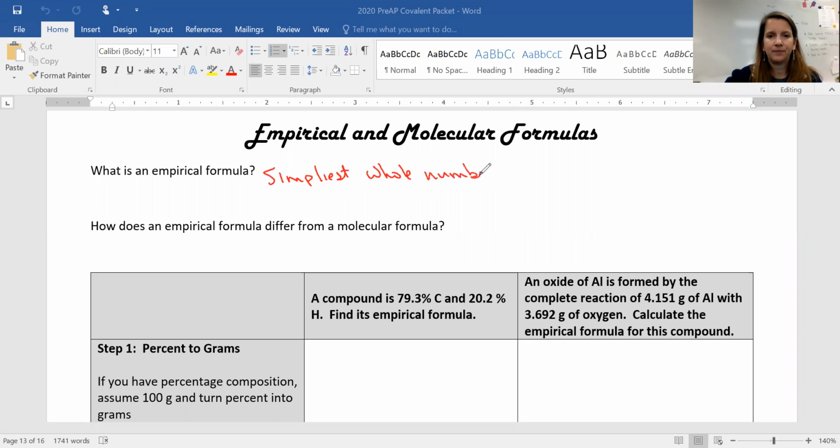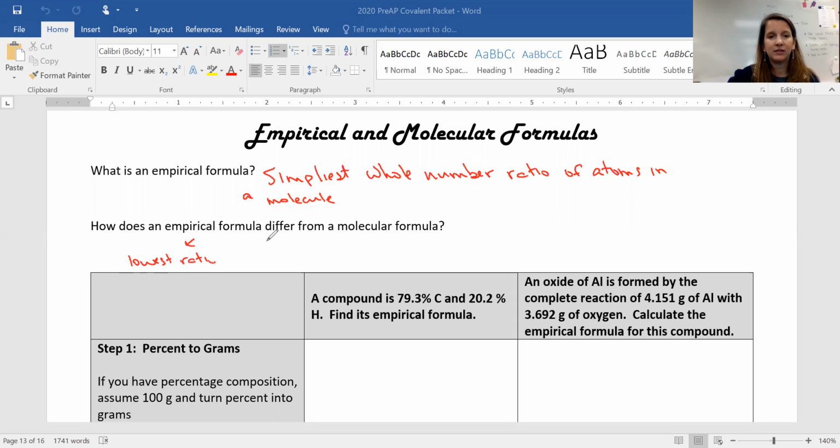number ratio of atoms in a molecule. So you can look at your subscripts. If the subscripts can be divided by the same number, that is not an empirical formula, okay? So while the empirical formula is the lowest ratio,